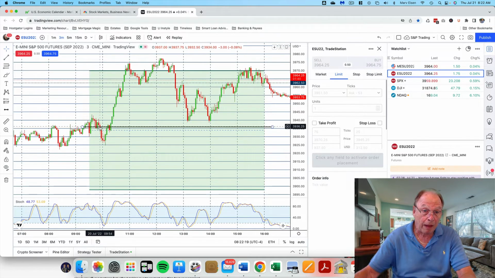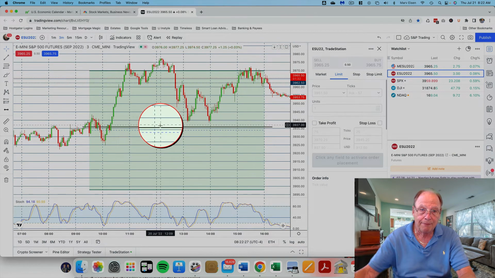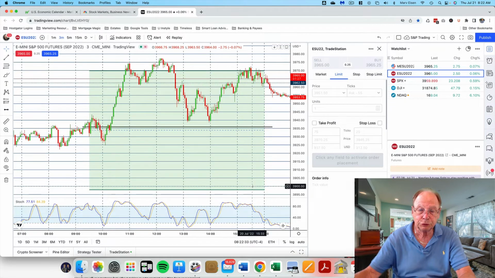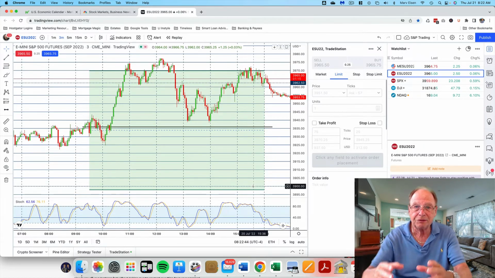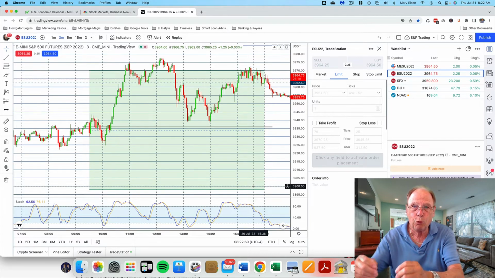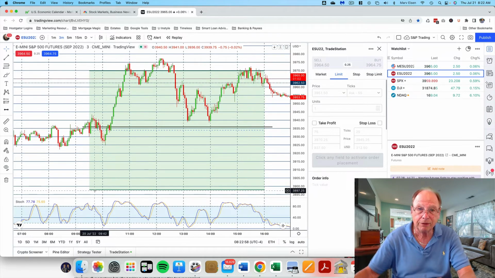Now, my obvious targets are the previous day's close, which I put with a horizontal line, wherever the previous day's close was. And then I put my trading zone on the chart, which gives me three other pieces of information. The trading zone is based on measurements of the market, how far the market rises from the low to the high, how far the market falls from the high to the low, and this is averaged out over the previous several days. There are 12 calculations that go into it. It looks pretty simple, but it's not.